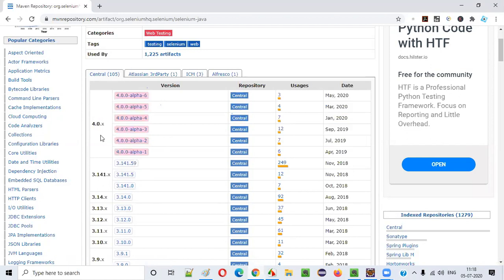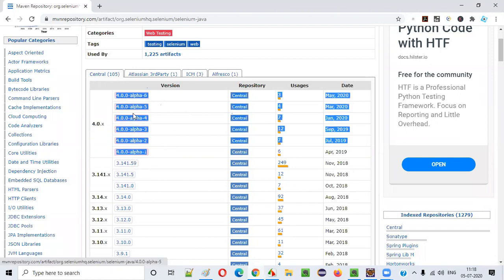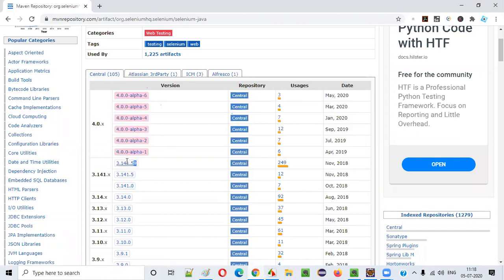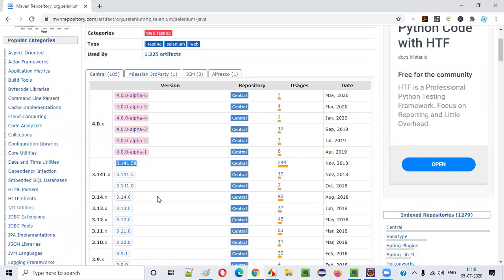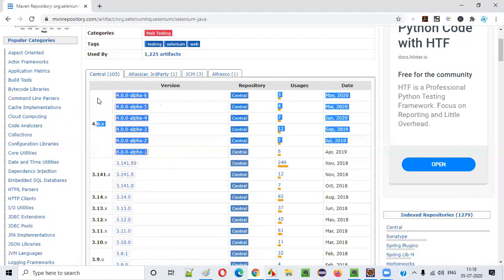And one more thing happened, guys. Once the Selenium guys started version 4, some new features of Selenium 4 they are automatically adding to Selenium 3 only. Okay, some stable features of Selenium 4 they found, right? They are automatically adding to the latest stable version of Selenium 3. That means if you learn the latest stable version of Selenium 3, automatically you will understand most of the new features of Selenium 4, which are already in completed stable development. You are getting my point, right?